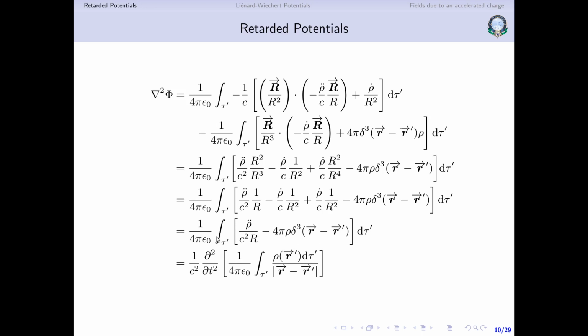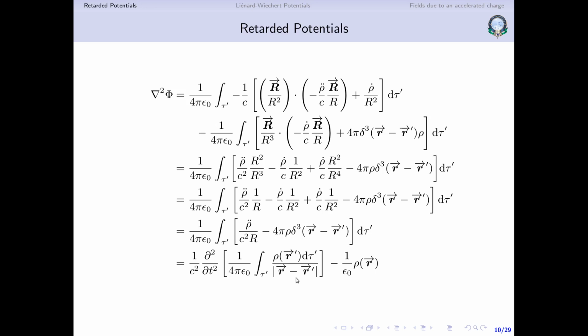And what about the second integral, what will happen? This is very straightforward, because we have rho, which is explicitly a function of r prime, and this is multiplied with the Dirac delta function. The Dirac delta function performs the sampling of any function that you multiply it with, and then integrate over a volume which contains that point at which it is being sampled. So this is going to give me simply the value of rho which is calculated at r. And of course this 4 pi and this 4 pi will get cancelled, and only 1 by epsilon naught is going to remain. So we have this minus sign, 1 by epsilon naught rho evaluated at r.